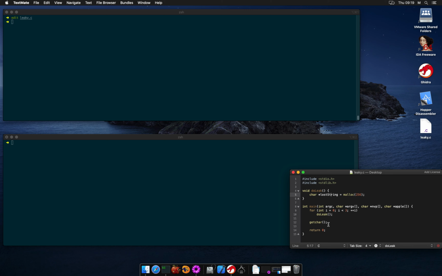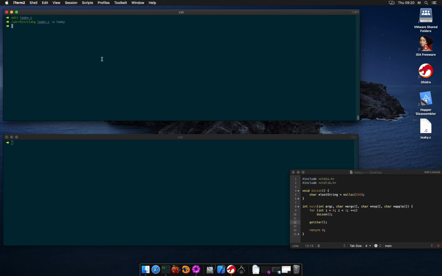The code is straightforward. At the end, we have a getchar call that will wait for input. This will pause the application before exiting and allow us to see what happened with the memory blocks. First, let's compile our little program and take a peek under the hood by watching the memory allocations.